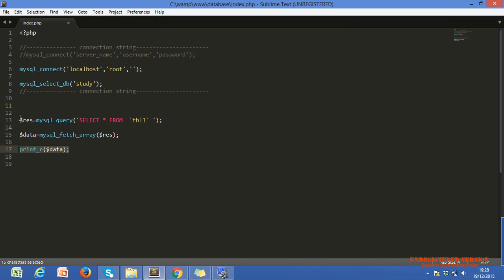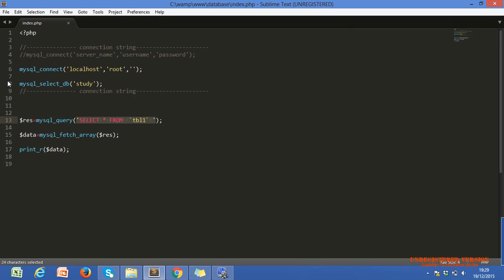Let's discuss how we fetch the data. The first thing is mysql_query. The second thing is mysql_fetch_array. First, mysql_query is a predefined inbuilt function of PHP. It is used to run queries, or SQL statements, on a database.